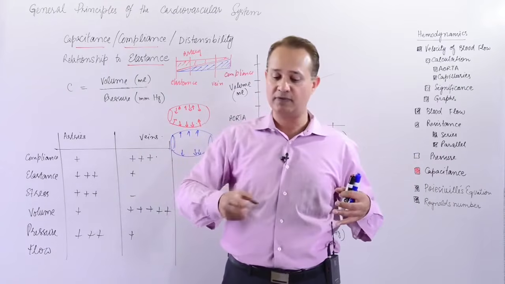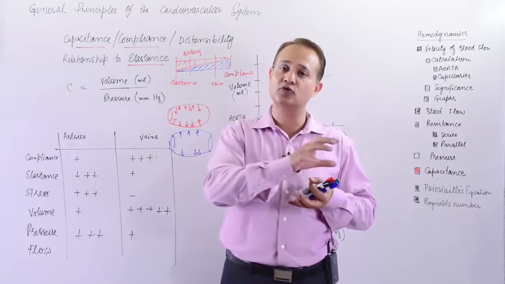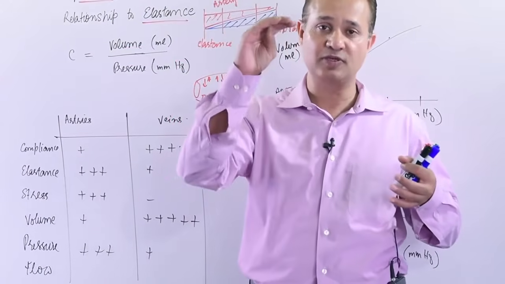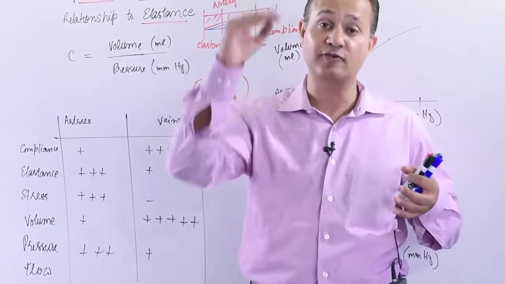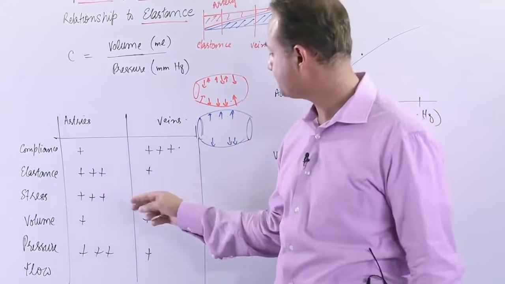So the heart would pump the blood in the aorta. Now the aorta is going to act as a windkessel and slowly smooth the blood flow. That is why the blood pressure stays between 120 to 80. It doesn't go from 120 to 0. That effect is because of the elastance.